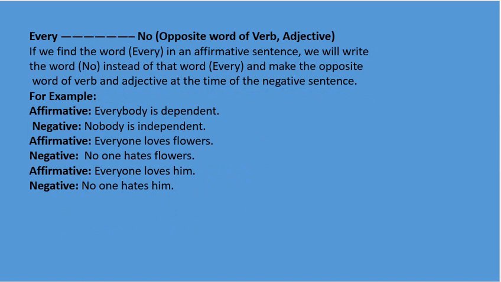Every, no. Opposite word of verb, adjective. If we find the word every in an affirmative sentence, we will write the word no instead of that word every and make the opposite word of verb and adjective at the time of the negative sentence. For example,